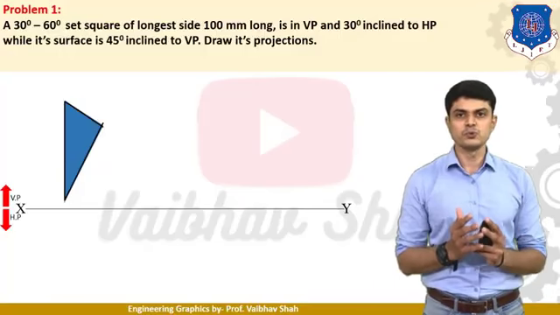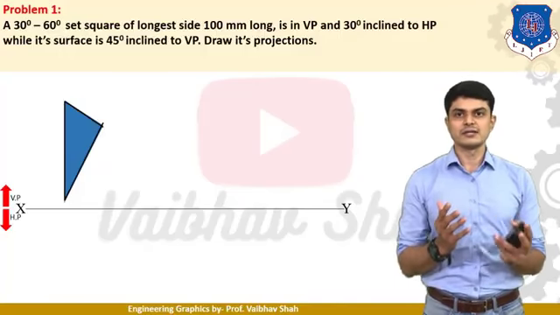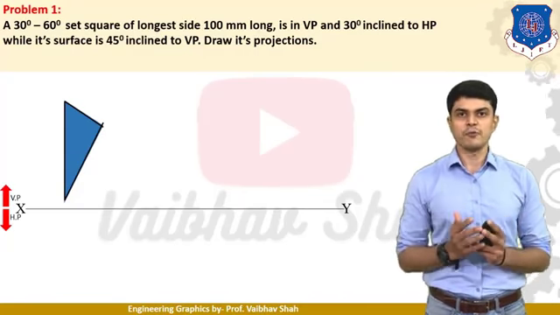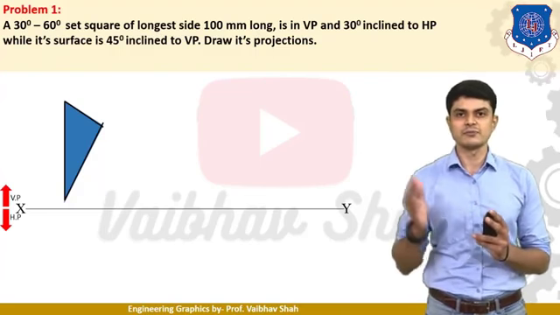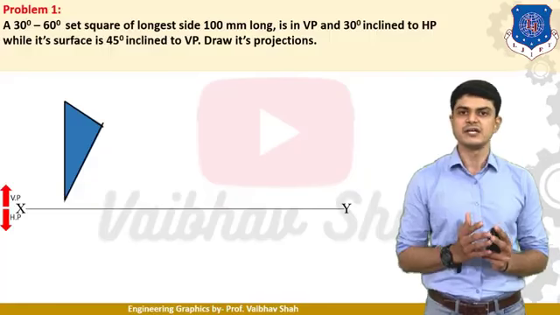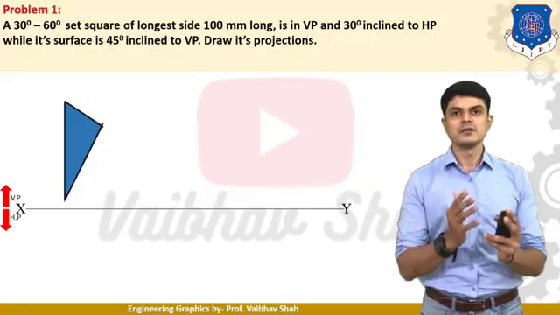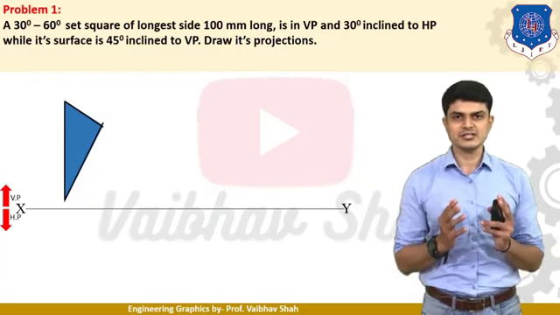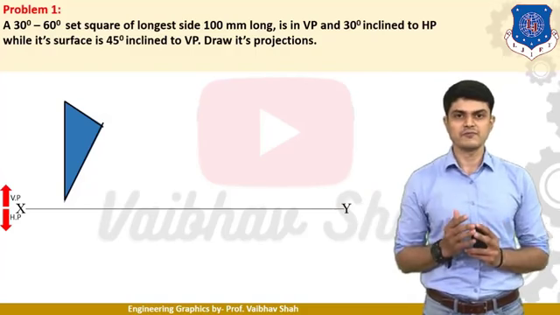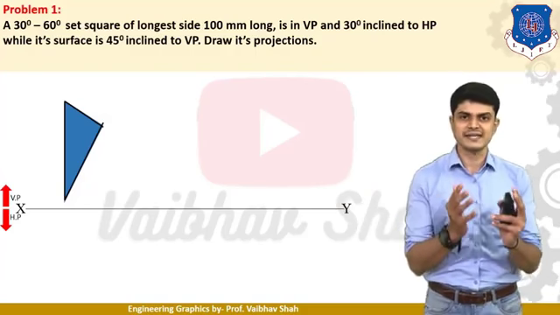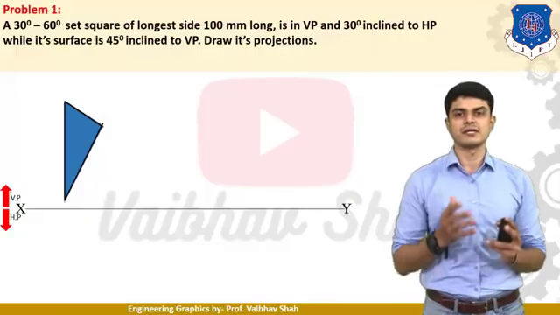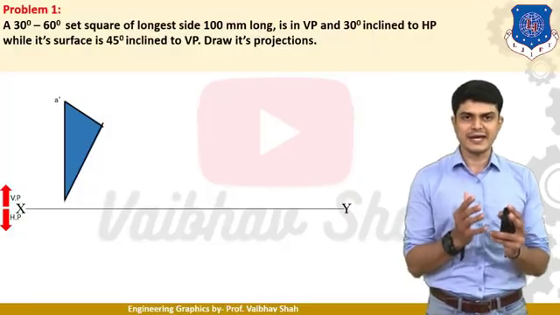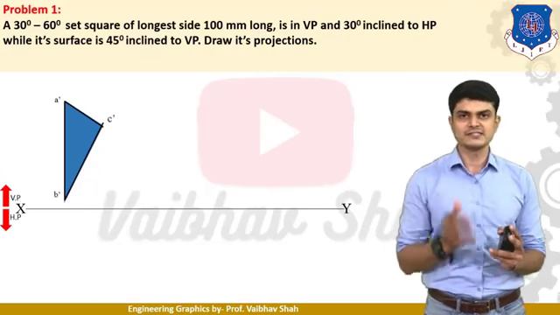Then, the dimensions of the other two sides are not given. So simply we should draw 60 degree from the above point on this vertical line and 30 degree from the below point. So we will have one triangle generated, which is nothing but your 30 degree 60 degree set square. The intersection of the 30 degree line from the below point and the 60 degree line from the above point will give you a 30 degree 60 degree triangle. Let us name this triangle A dash, B dash and C dash